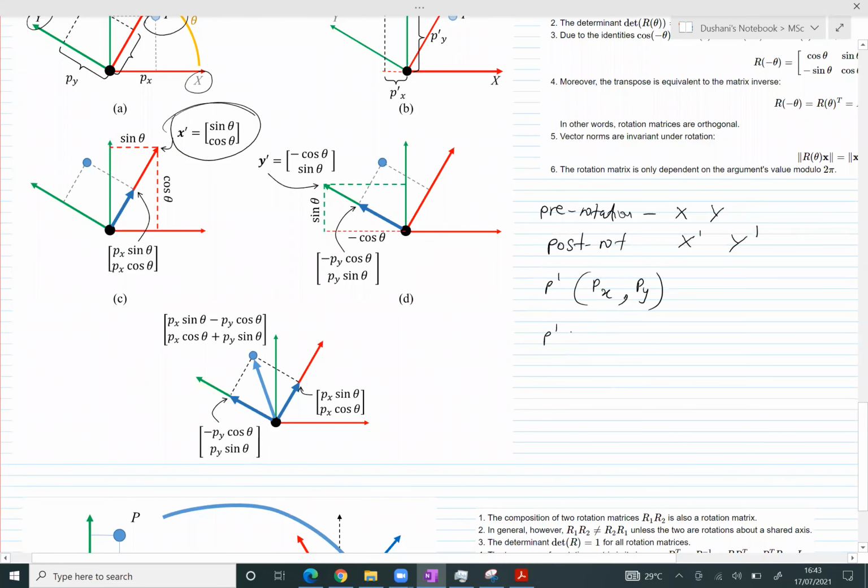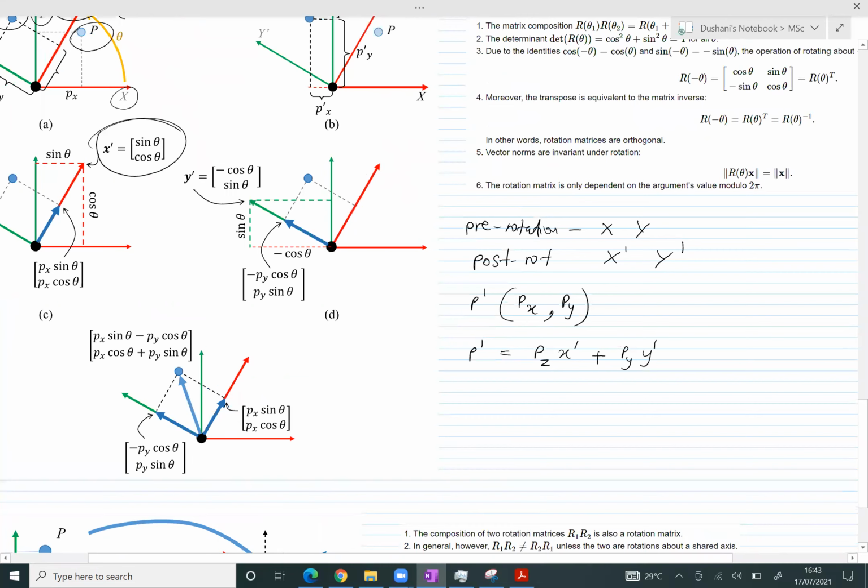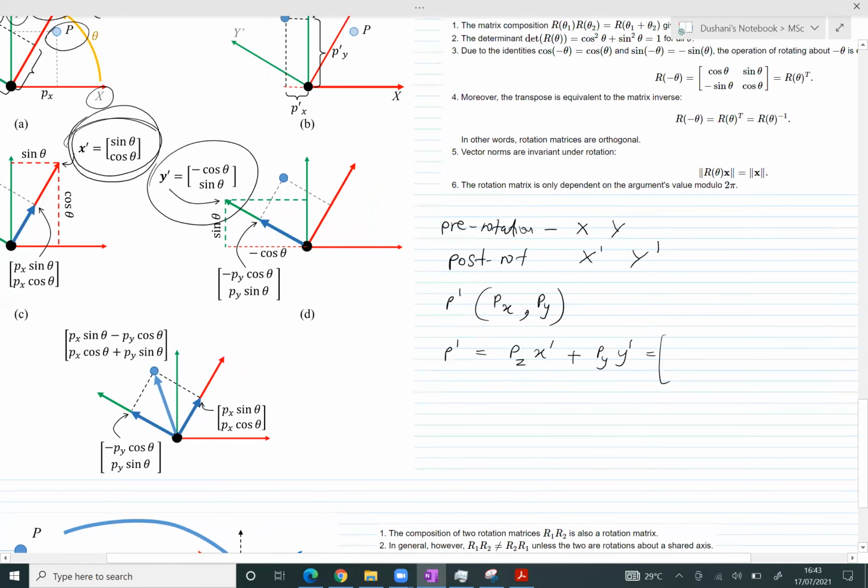So P dash is equal to Px times x dash. So this is the original x coordinate of P. Py times y dash. X dash and y dash. What does this mean? Now we know what x dash and y dash are because here we have already given what it is. So this will be